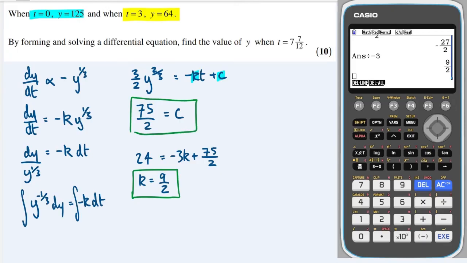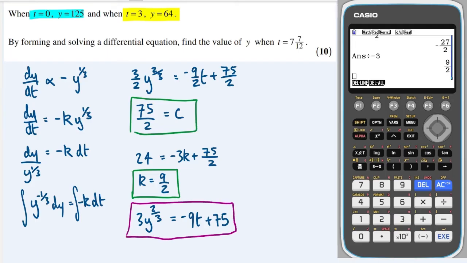Okay, so what I can do is replace k and c in this formula up here, and this will give me minus 9 over 2 t plus 75 over 2, and I can multiply both sides through by 2, which could be helpful, so I get 3y to the power of 2 over 3 is equal to minus 9t plus 75. Okay, so this is my final